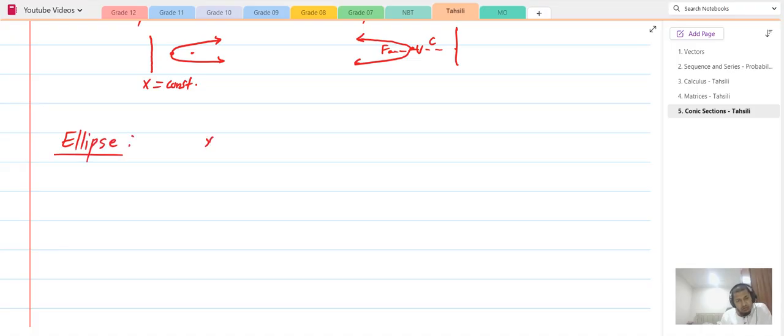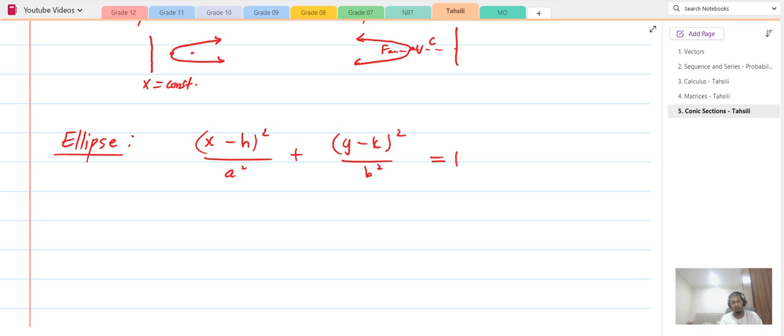Right, so we have (x minus h) all squared over a squared plus (y minus k) all squared over b squared is equal to 1. That's the general equation of an ellipse. If a squared is greater than b squared, or if you find that a is greater than b, then you will find that we have an ellipse which is